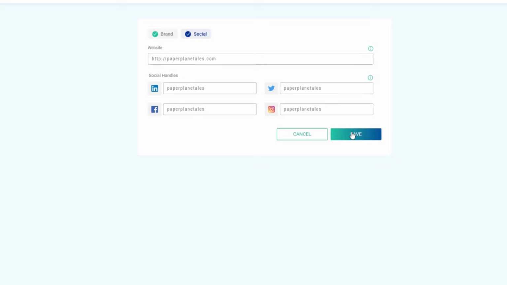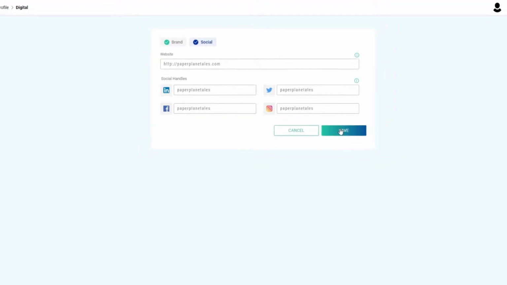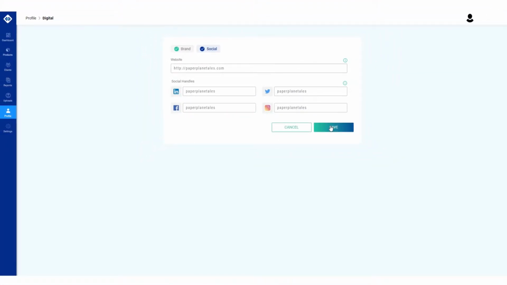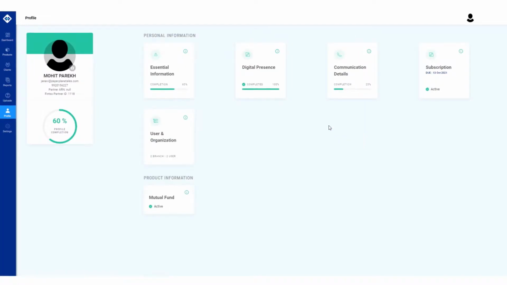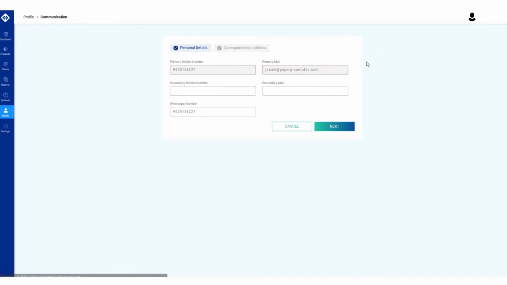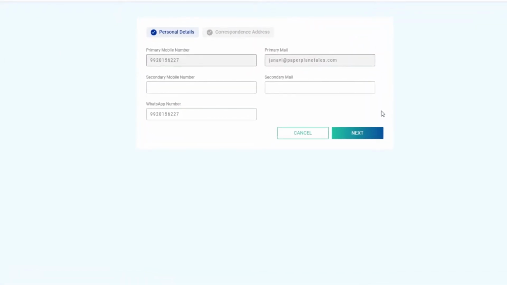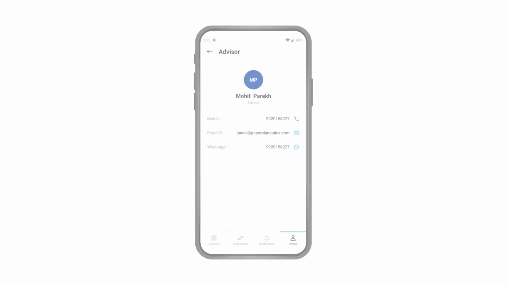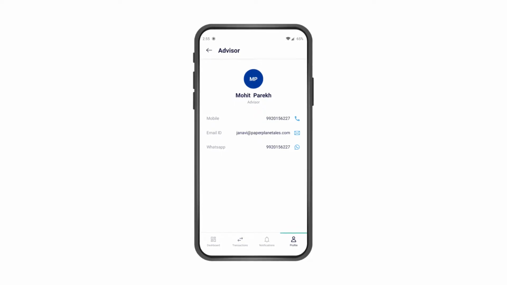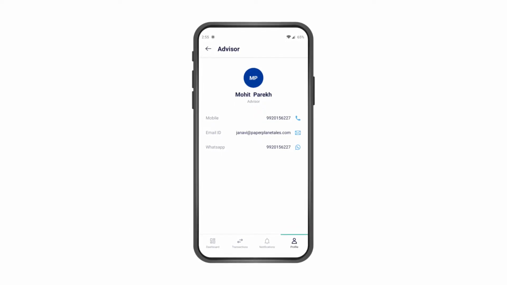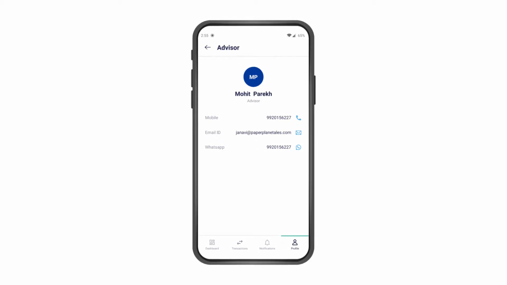Moreover, given the importance of social media presence, we have enabled you to add your website and social media handles to complete your digital presence. We also capture your basic communication information like contact details and correspondence address. These are updated in the client app to create a seamless communication channel with your client.